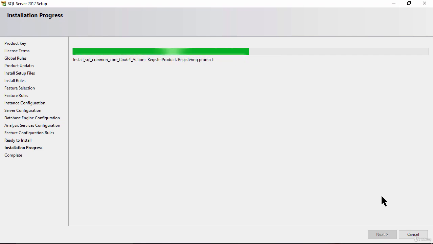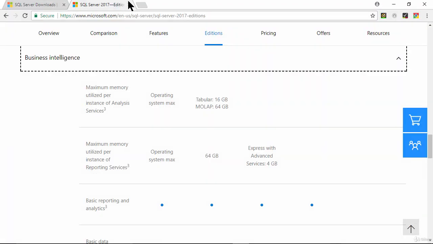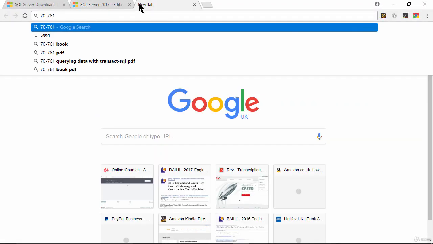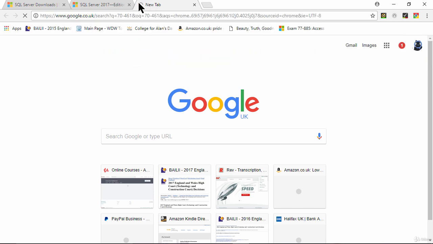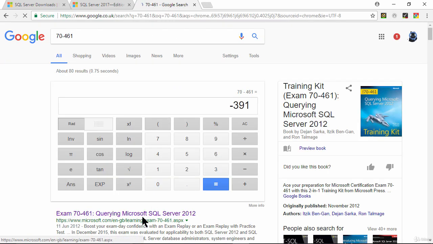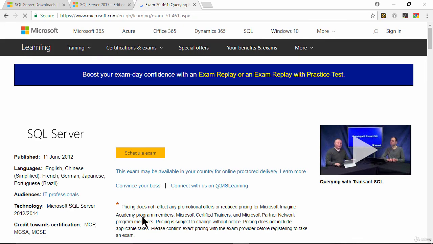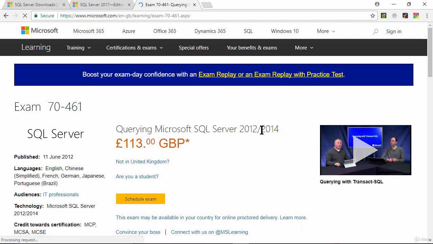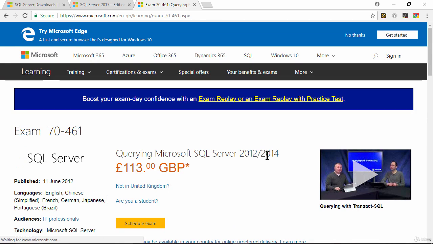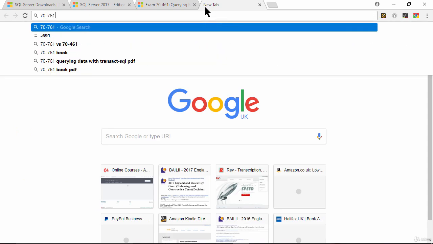So we've got SQL Server 2012. Now there is an exam which is the 461 exam called Querying Microsoft SQL Server 2012, which later then became Querying Microsoft SQL Server 2012/2014. However, I just want to say that you can use SQL Server 2012, 2014, 2016 or 2017. They will give you all the same functionalities that you need if you're following this exam. If you're doing another exam,